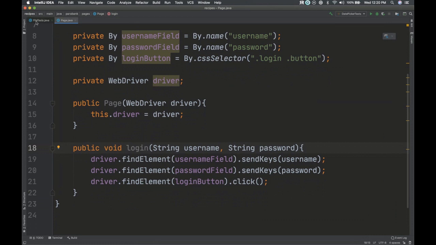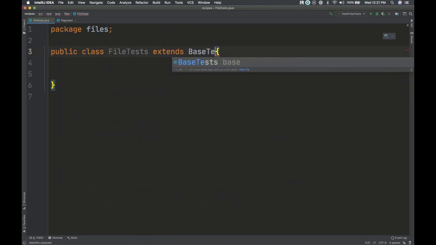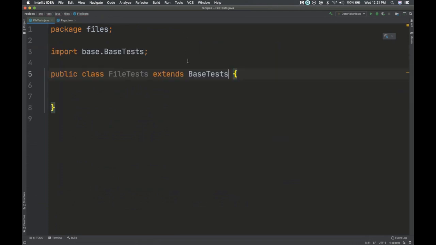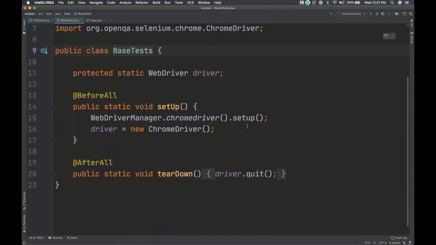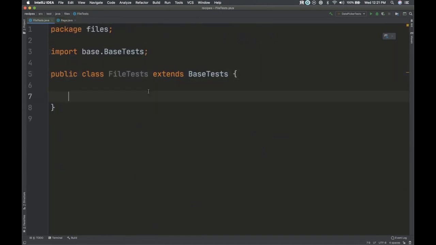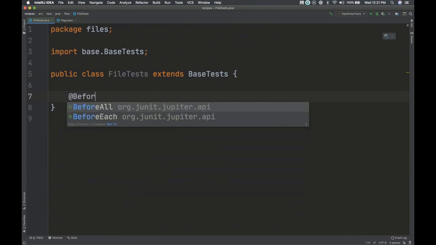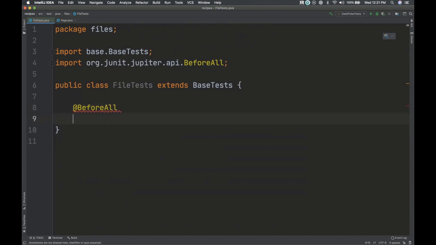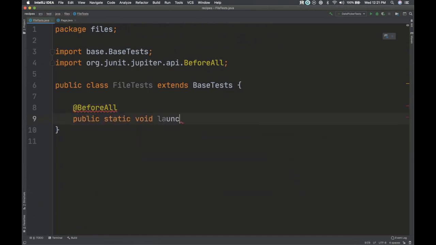And let's add this to our test. So we need to extend our base test. For those who were not here last week, we do have this base test, which just launches the browser and closes it after, so that I don't have to think about that in all of my tests. But in these individual ones, we'll have to actually launch the app. So let's do a launch app.